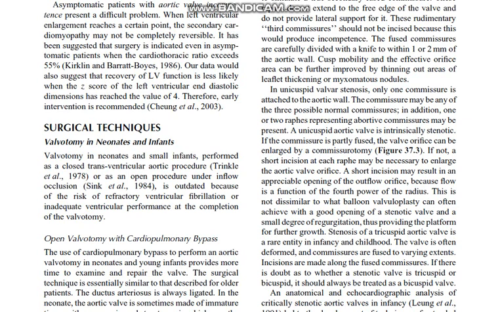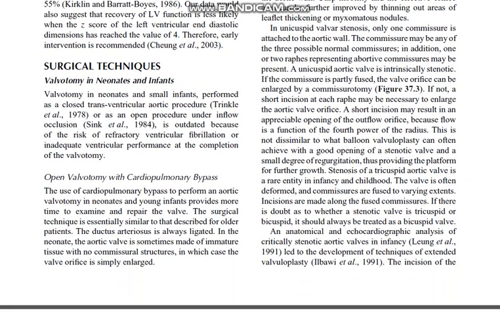Stenosis of a tricuspid aortic valve is a rare entity in infancy and childhood. The valve is often deformed and chamfers are fused to varying extents. Incisions are made along the fused chamfers. If there is doubt as to whether a stenotic valve is tricuspid or bicuspid, it should always be treated as